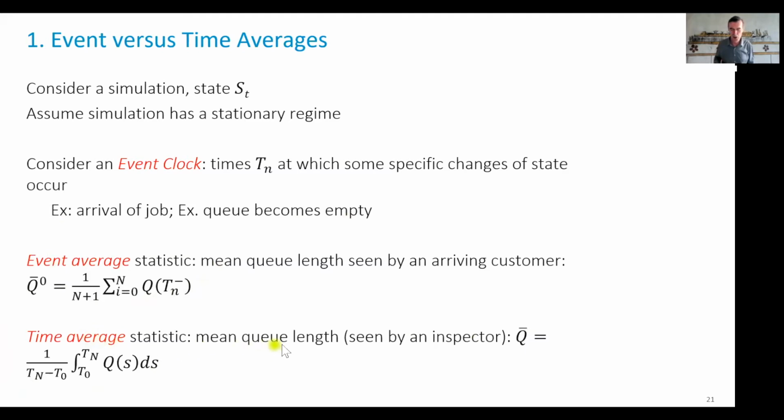The other way, which is perhaps more the one of an inspector, consists in instrumenting the code very often and taking the time average. We will see that this is the same as if we have an inspector who comes at random points in time, according to a Poisson process, and samples the system whenever the inspector decides to do it, in a way that's completely independent of the dynamics of the system. That's called the time average viewpoint.